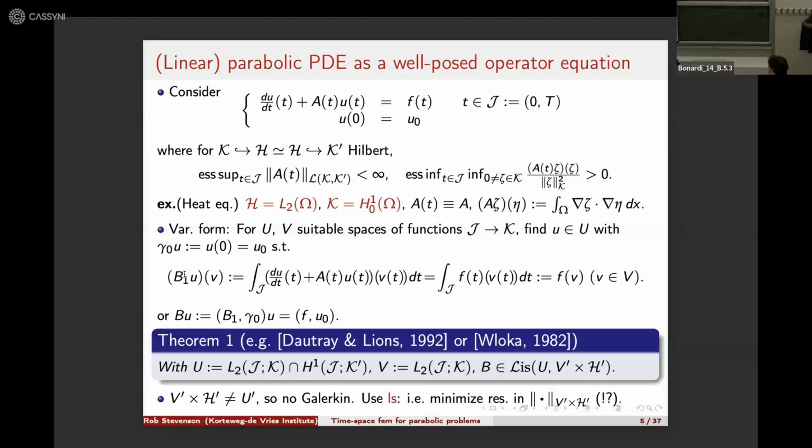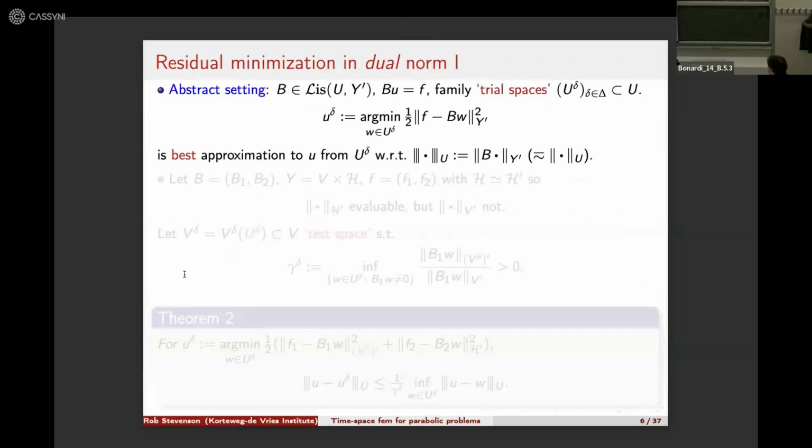And that sounds simple, but here you have a dual norm. This H prime is harmless because it's just identified with H. But here we have a real dual norm. So how can you evaluate it? So it looks simple, but it is not that simple. Okay, to understand how we can solve that, I go to an abstract setting. So I have an